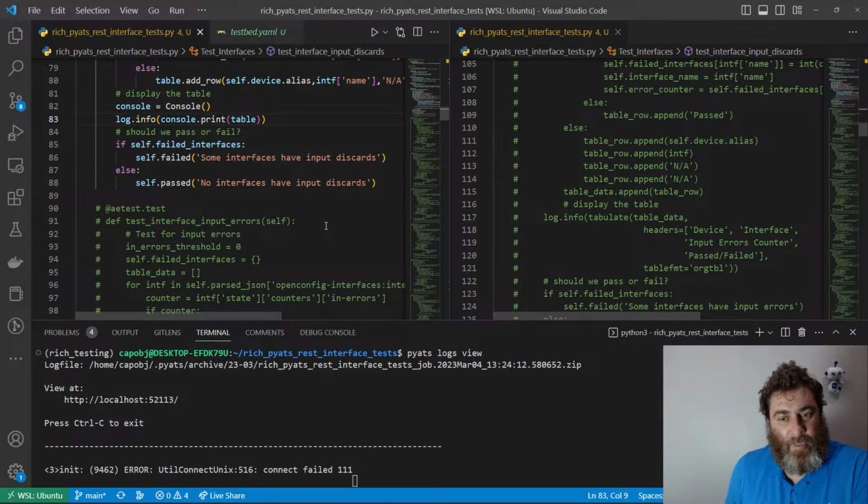Well, I mean, sometimes this happens. You try to go down a path and it doesn't work out. I'm not quite sure. When I log info that, even though it clearly prints it to the screen, the log info just says none. So log info is not aware of this console print output, even though I'm printing it as a console output from Rich. So, I mean, I could keep going and just keep doing more tests and leave it, but